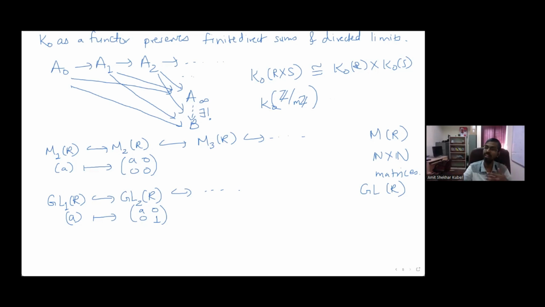Similarly, if you are given a ring which can be expressed as a direct limit of its subrings, of a system of its subrings, yeah, so for computation purposes, this is actually really useful. So therefore, I mean, these are the functorial properties. If you actually look at this